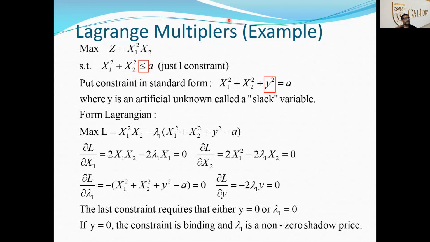And how many partial derivatives are going to be there? Okay, that's the next question. To figure out how many partial derivatives you're going to have to take, you have to think about how many constraints you have and how many decision variables you have. A couple of slides ago, we saw that to create that many equations, you take the sum of the number of decision variables and the number of constraints. The number of decision variables in this example is 2, x1 and x2.